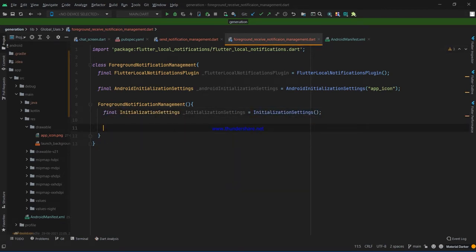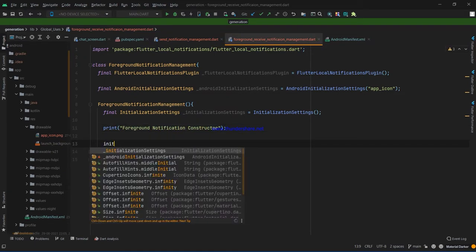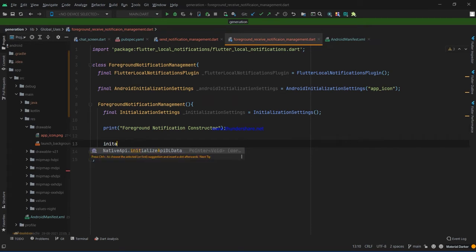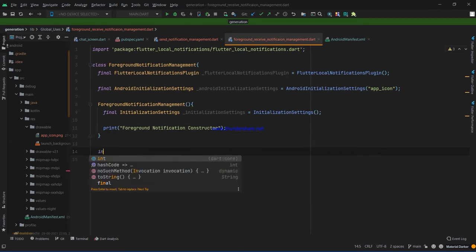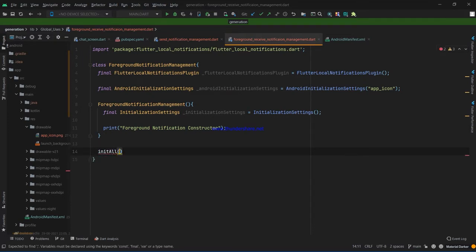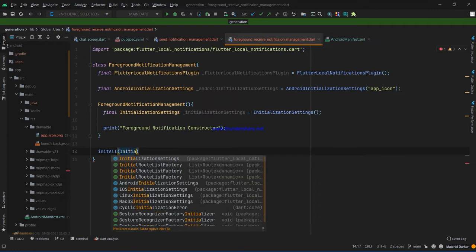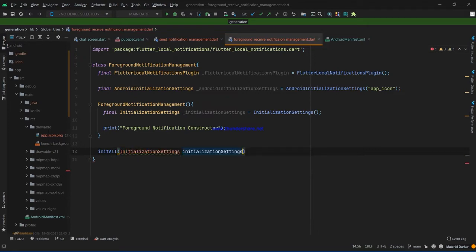Then I have put a debug message here because I don't know if it is running or not. And then we have to initialize something, and for that we have to make a method here. So name that method init all, and that will be initialization settings as well, and that will be an asynchronous process.